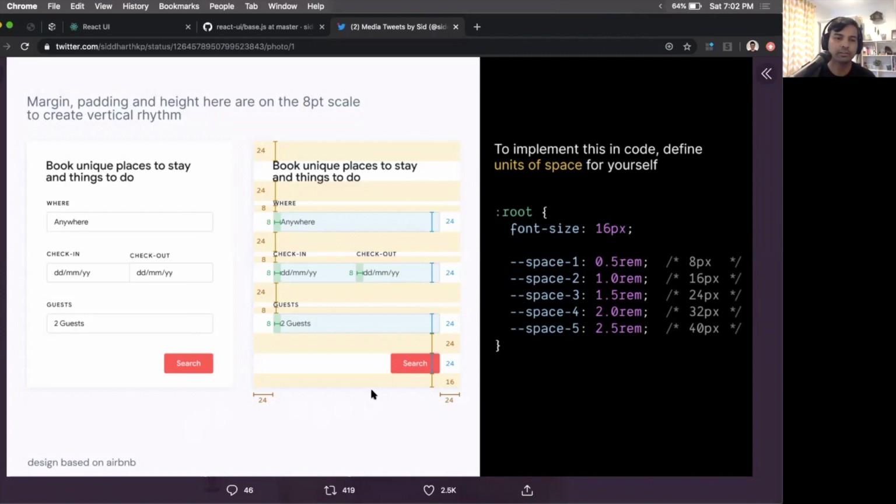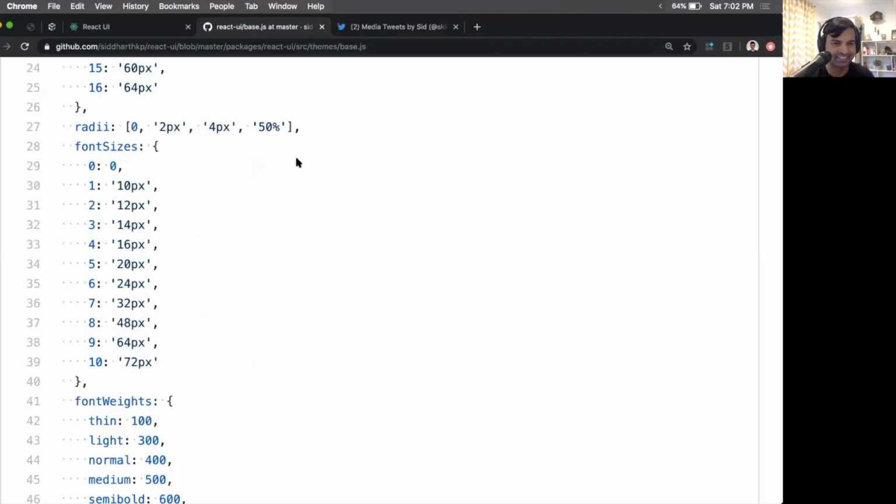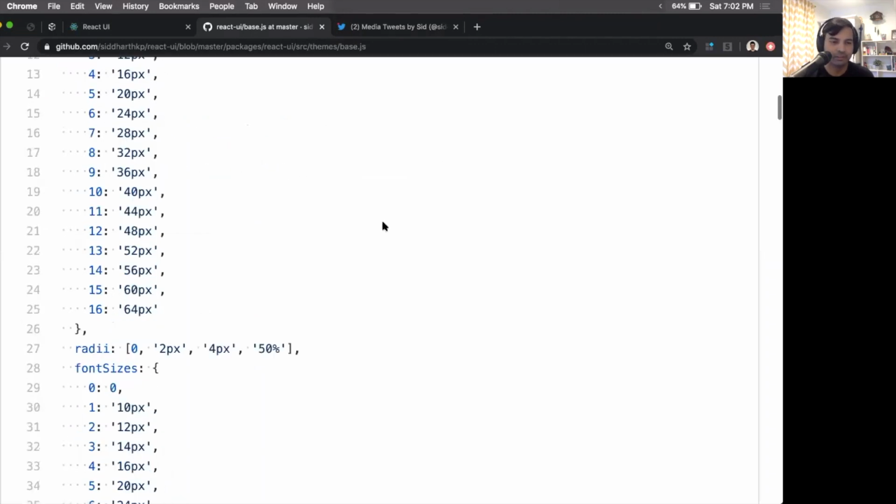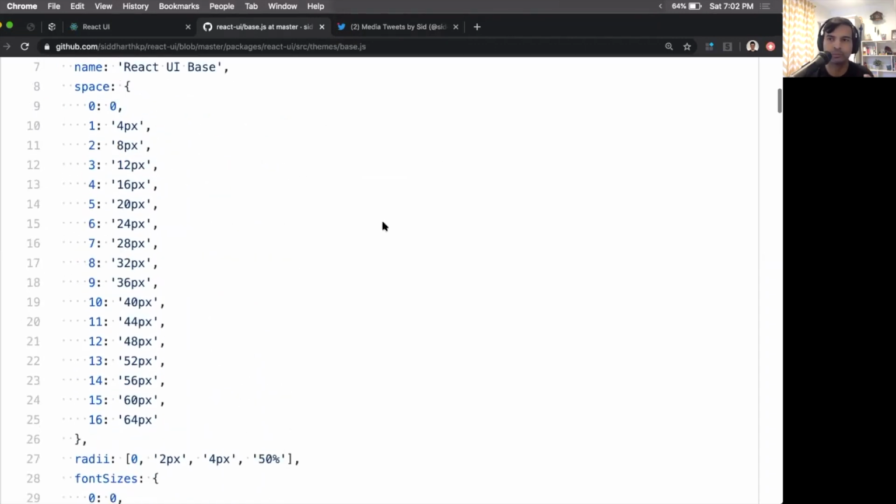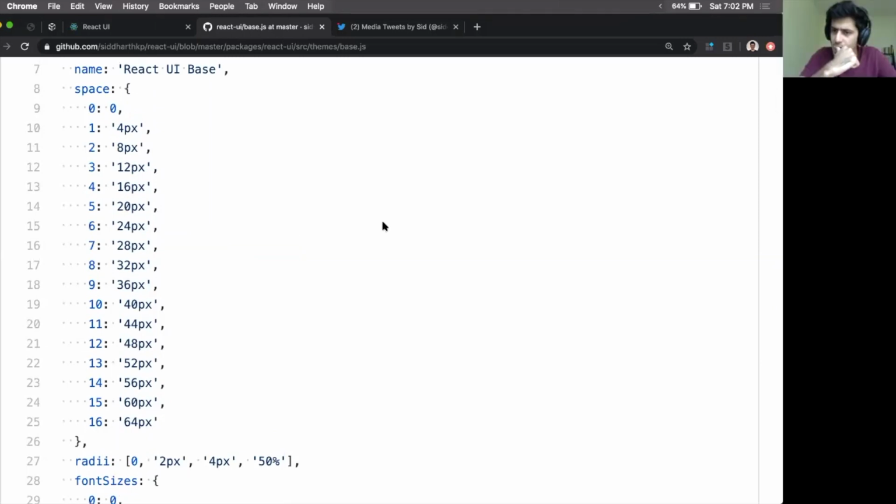I remember once one of my UX designers gave me this thing. His number was 42. I don't know why. And he said everything should be multiples of 42. And then we used to always calculate and put it over there. But because the base number was so big, one problem that we definitely faced was sometimes we wanted something a little arbitrary between 42 and 84, something like 60.